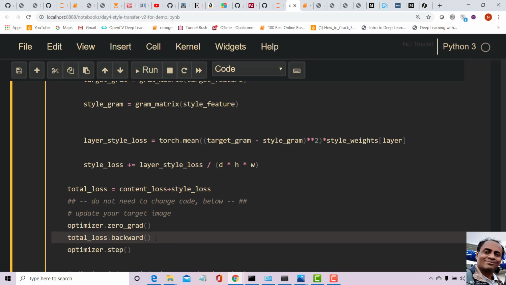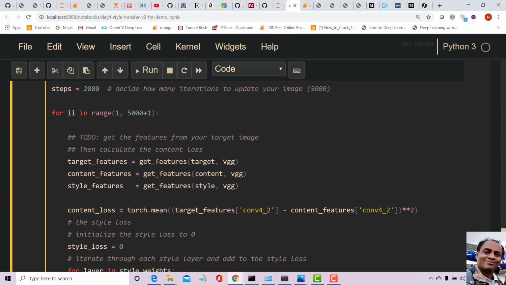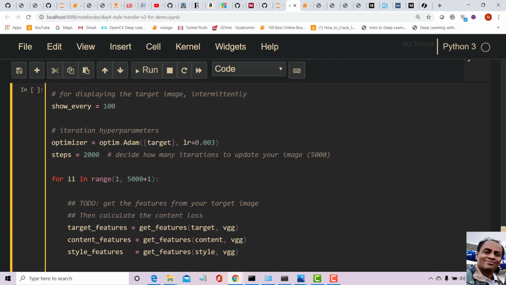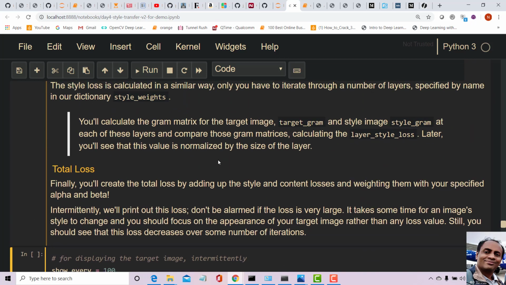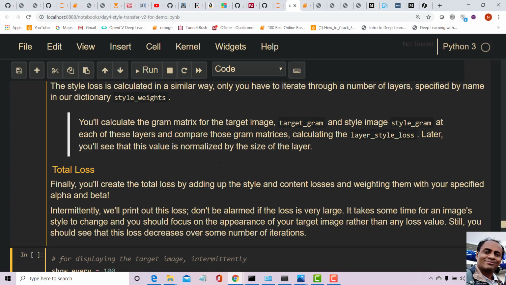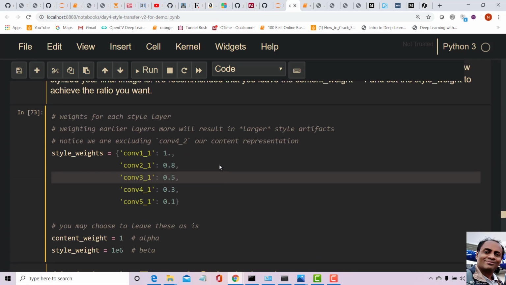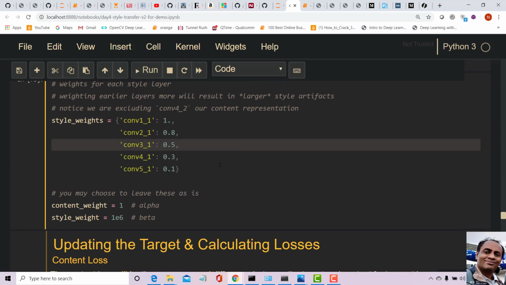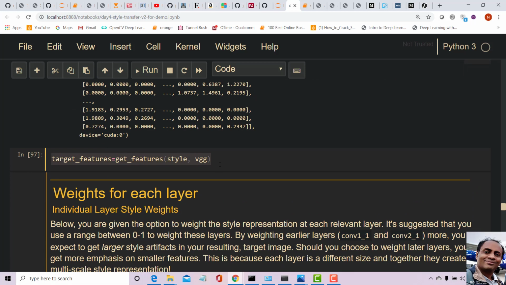Okay, this is what needs to be done. And what this is going to do is calculate the gradient with respect to the original image. See, usually the gradients are calculated with respect to the parameters. What are my parameters? Parameters I defined here only. There is no network here. We are only using VGG, but we are not changing anything in the VGG.